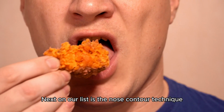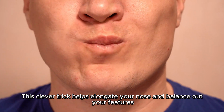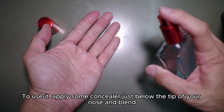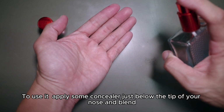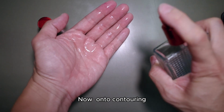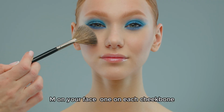Next on our list is the nose contour technique. This clever trick helps elongate your nose and balance out your features. To use it, apply some concealer just below the tip of your nose and blend it out for a seamless finish. Now, onto contouring. If you're unsure about where to start, imagine drawing two letters M on your face, one